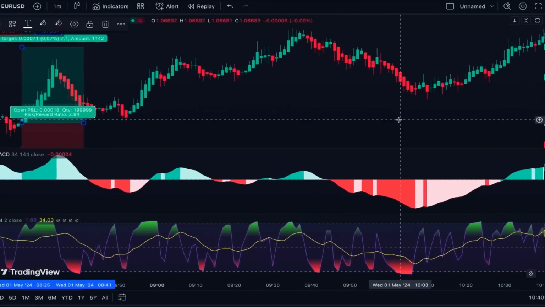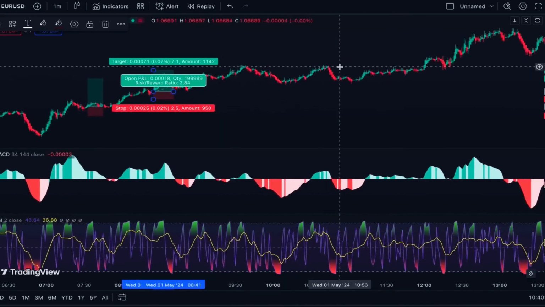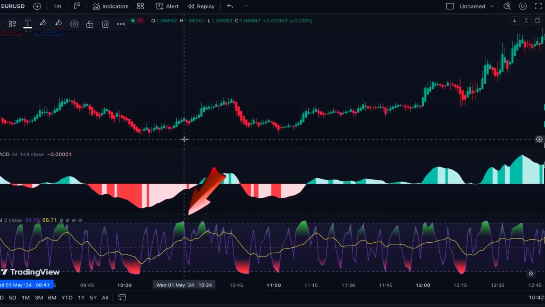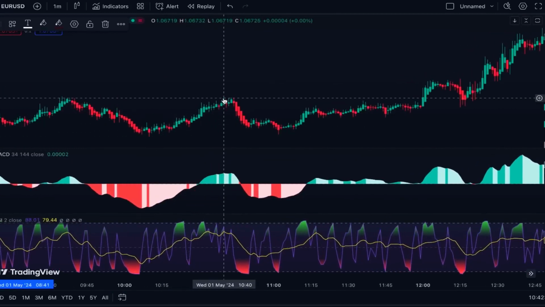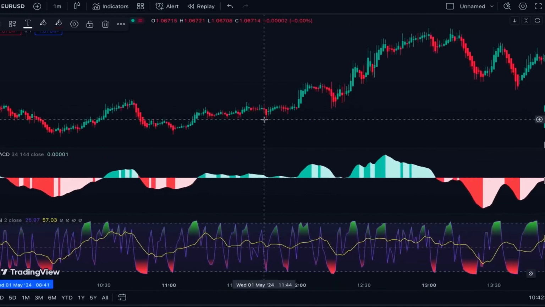But this doesn't mean that you will not have false signals at all. During the times that the market is in a trading range, you are more probable to have false signals, like for example this sell signal here, which is a confirmed signal, but it was a false signal and the price advanced after that. But during the times that the market is trending, you will have the highest probability setup, like